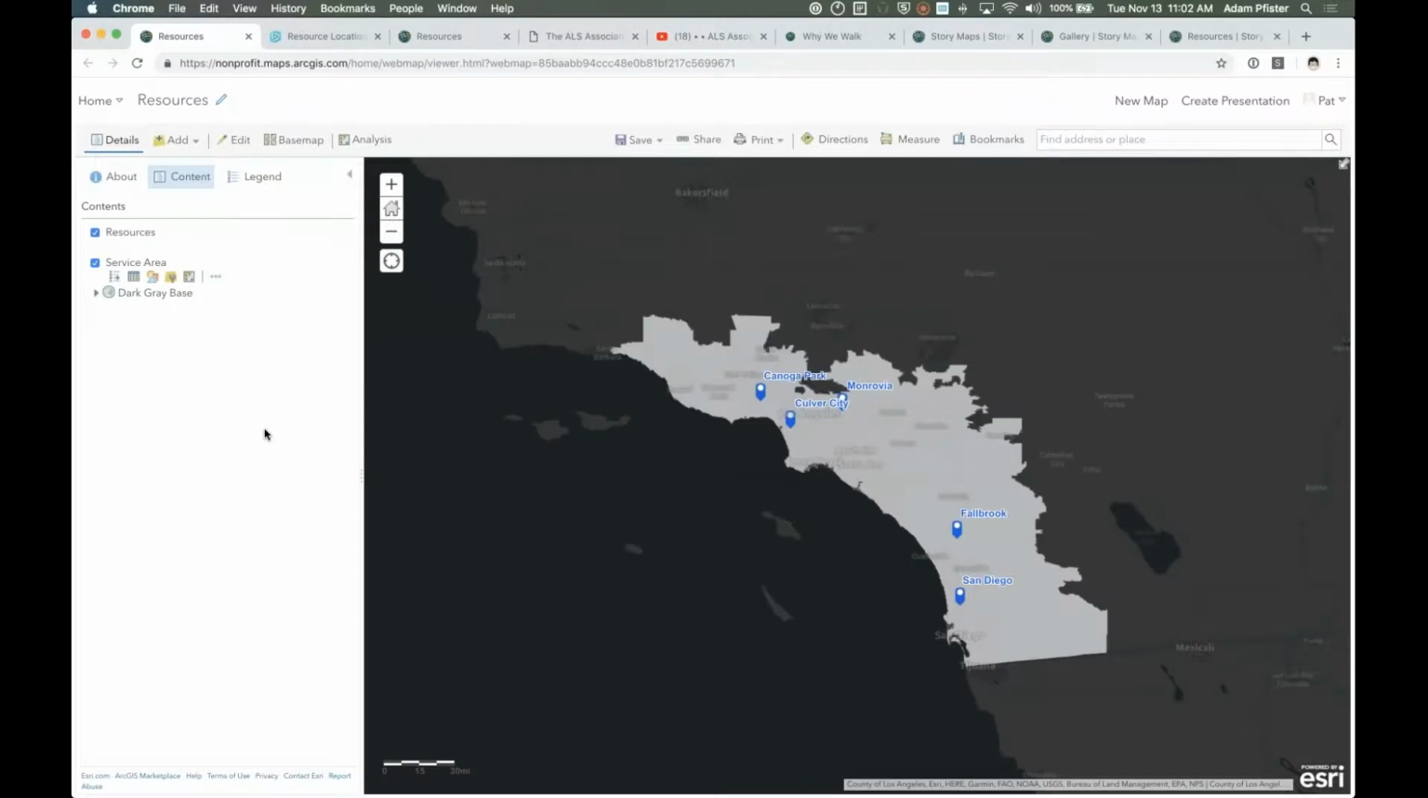Here we're looking at a web map showing resource locations along with the service area that they cover. And the service area here is pretty similar to what Matt was just showing. But this web map can serve as our base for creating a focused web application. This will allow users to quickly locate where the closest resources are in relation to their location. So after saving the web map,